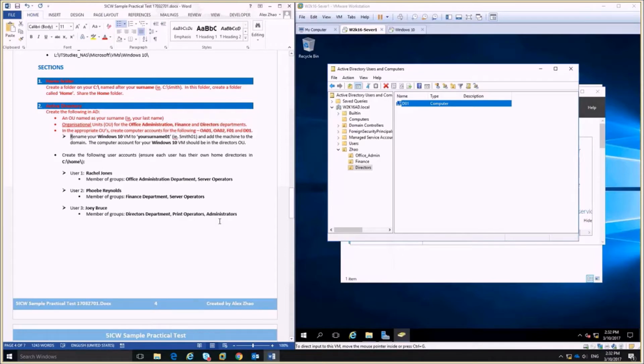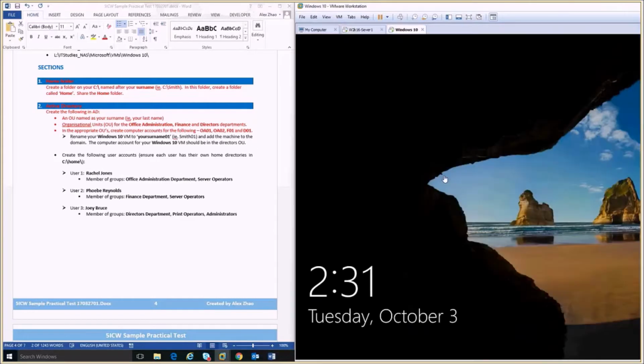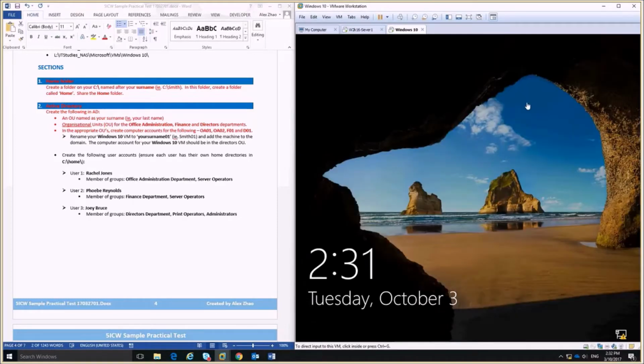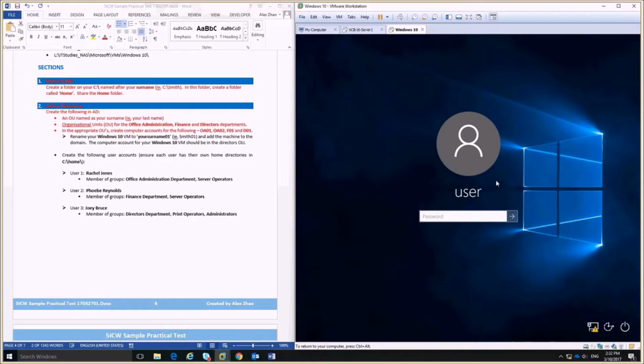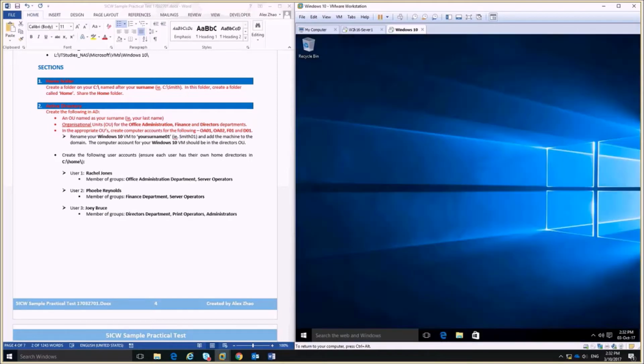The next part says, rename your Windows 10 VM to your surname 01 and put it into the Directors OU. Okay, so we'll go to the Windows 10. Obviously, before we can put it into the Directors OU, we need to add it to the domain, and then we will have a computer object. So we'll log in as a user with password 1 as the password. This is a local user which has administrative powers on this local computer. And obviously we know this from our studies